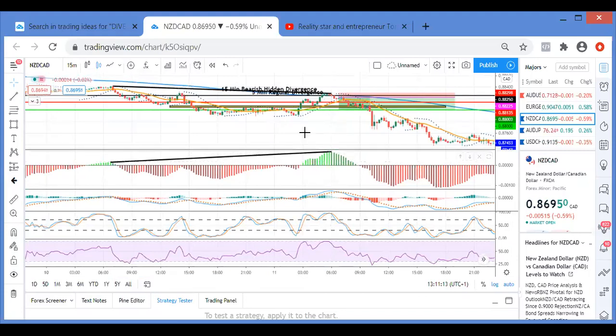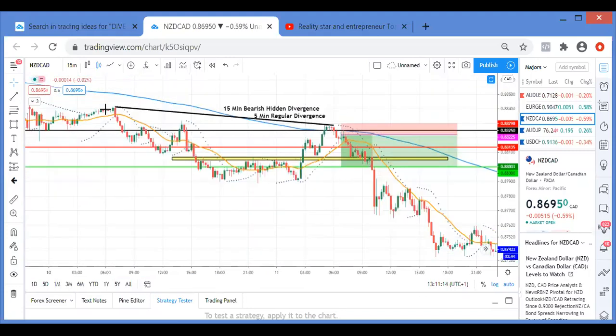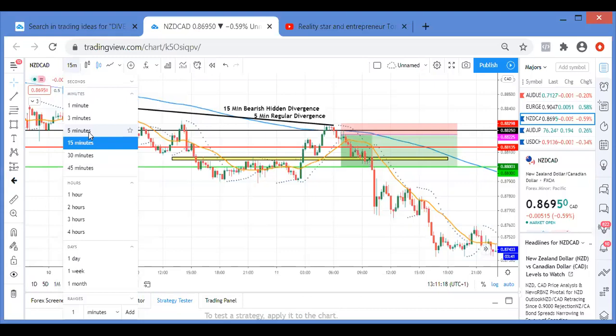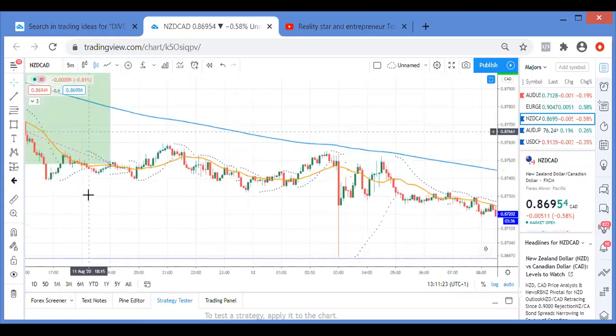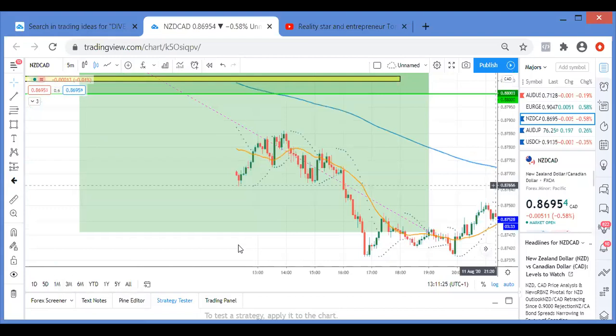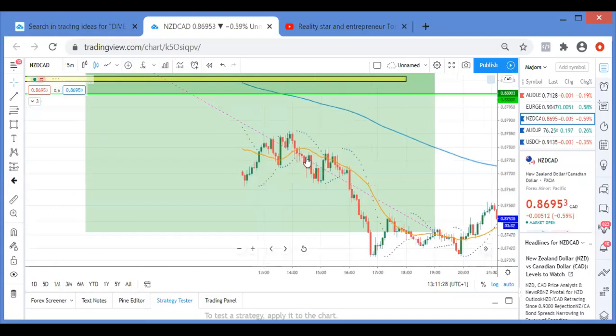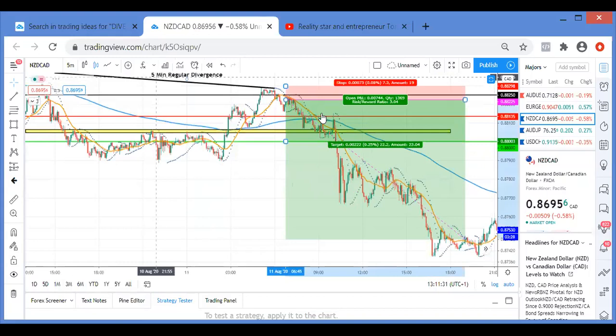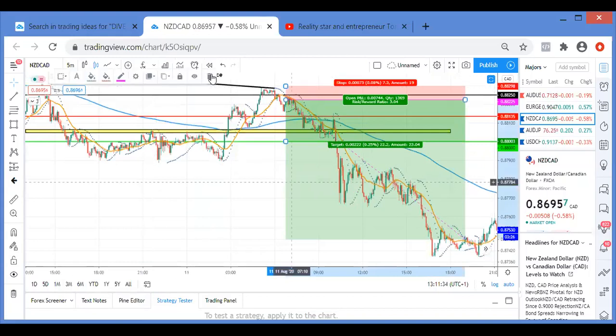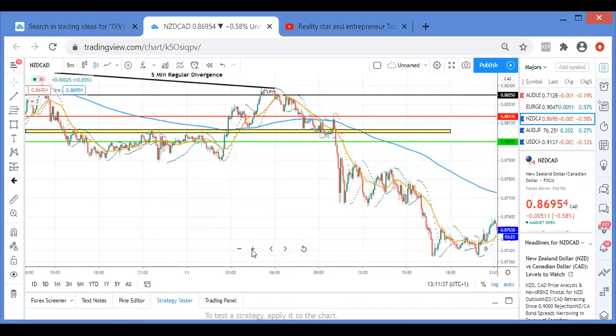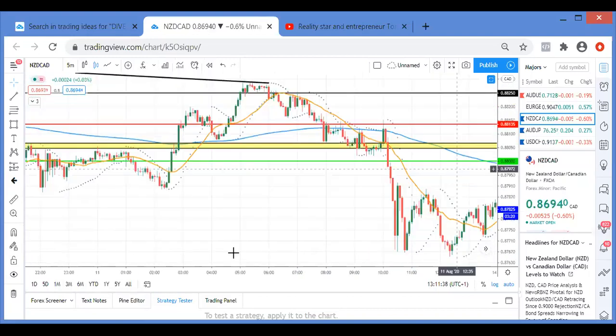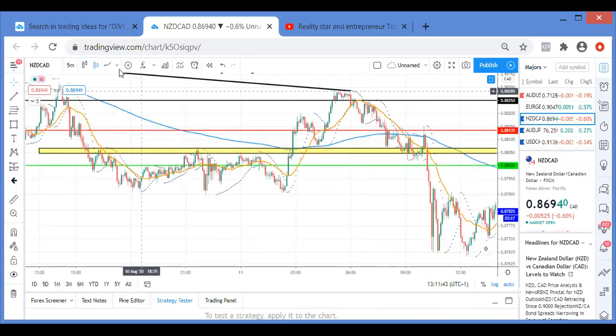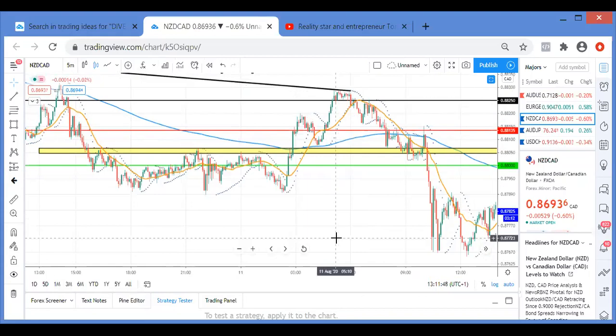Now what I do is, because I spotted this divergence on my 15-minute chart, I'm going down to the 5-minute time frame. I personally don't trade in the 1 minute, so I go down to the 5-minute. Now look, let me just get rid of this. On the 5-minute, what am I looking for now, guys? Regular divergence. So remember, even though on the 15-minute I want it to come down, when I go down the time frame, I'm looking for the peaks.